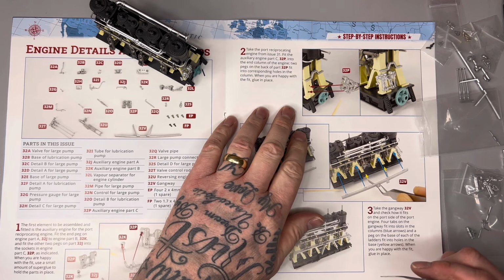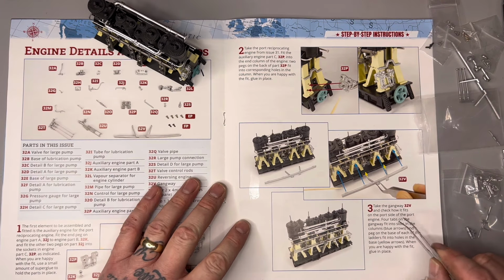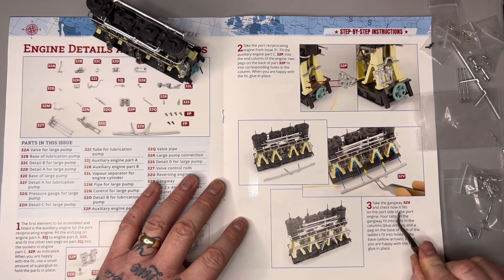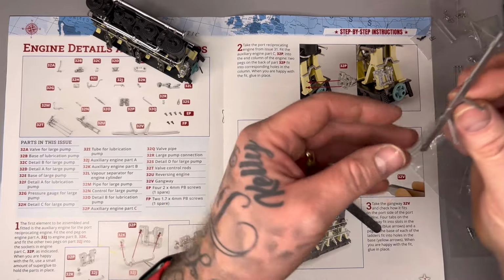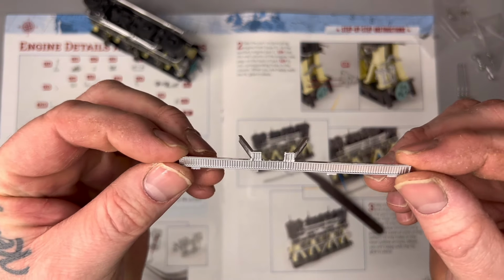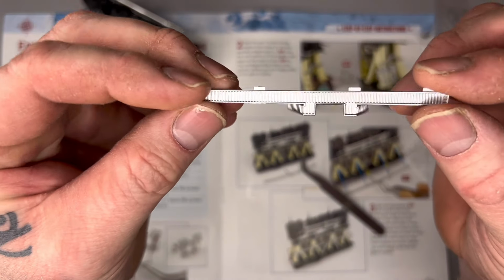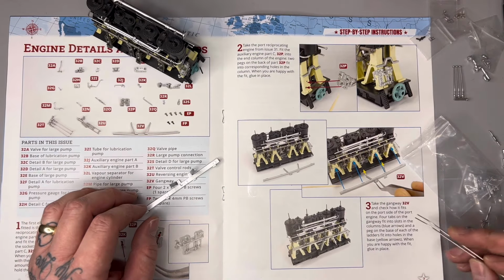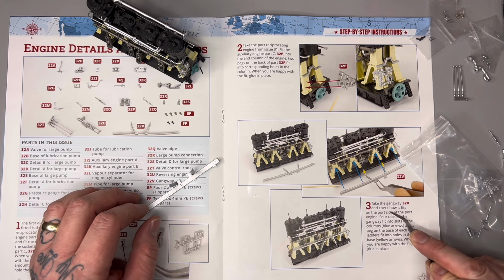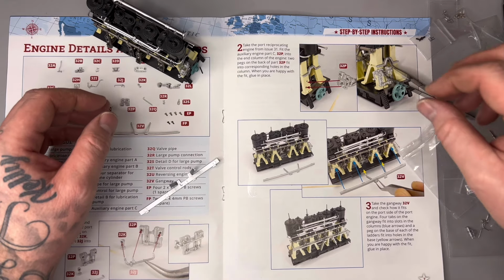Right, so we've done that. Glued it into place. Now, what it's saying now, instruction 3, take the gangway 32V. Right, well, I can find that easy because it's this big piece of plastic gangway, which I showed you just a few minutes back. Now we're going to be applying that to the engine. Right, let's see what it says. Take the gangway 32V and check how it fits on the port side. Right, so hang on a minute then. So what we want to do